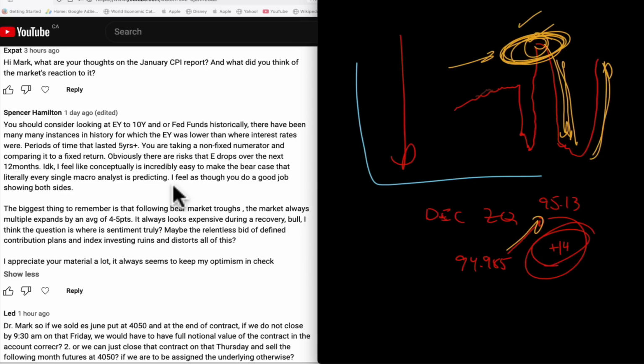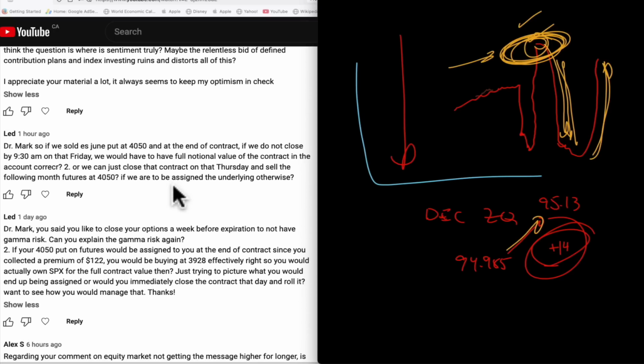So every time that you've had that multiple expansion coming out of a contraction, you did not have a multiple expansion into a Fed that was raising rates. That's the big difference today. If you think that this could be a multiple expansion before the bull run, you do not have a setup for a bull run in the face of a Fed that is still raising rates from an already high level. That's the big difference here.